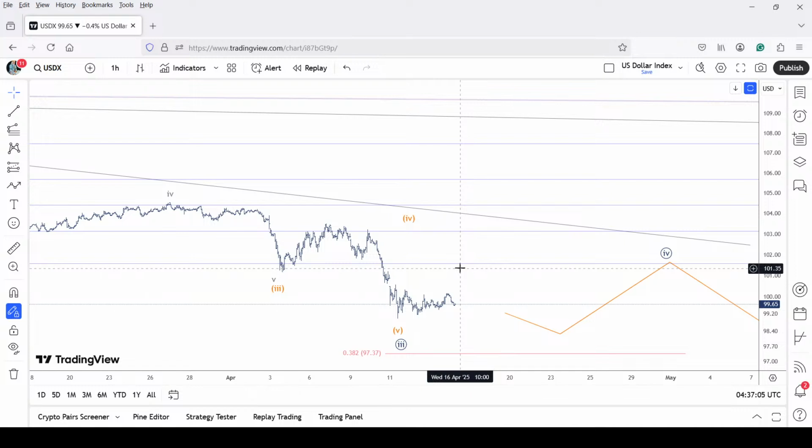Now we have already suggested that price action rallying towards 101.50 remains possible. So please be aware of that fact, and as we have taken one short position already from the 100 mark, that's only a partial short. So from the trading point of view, we will be adding one more position around 101.50.